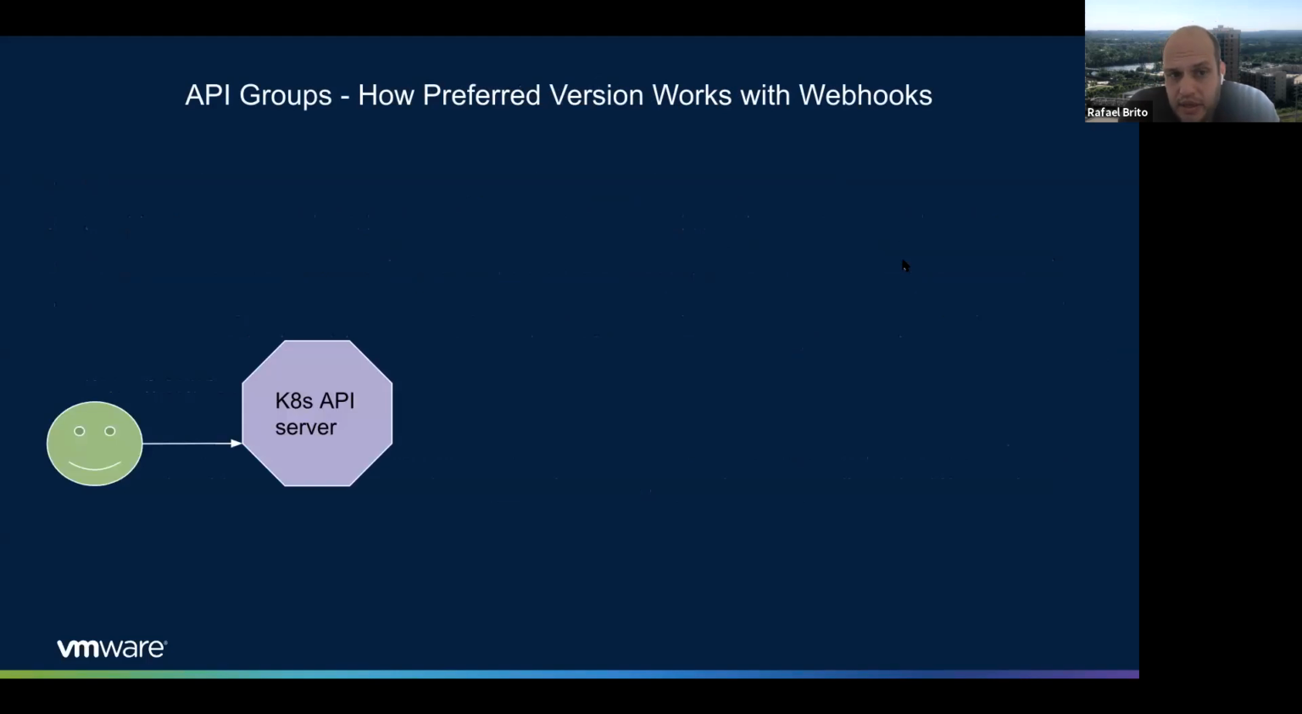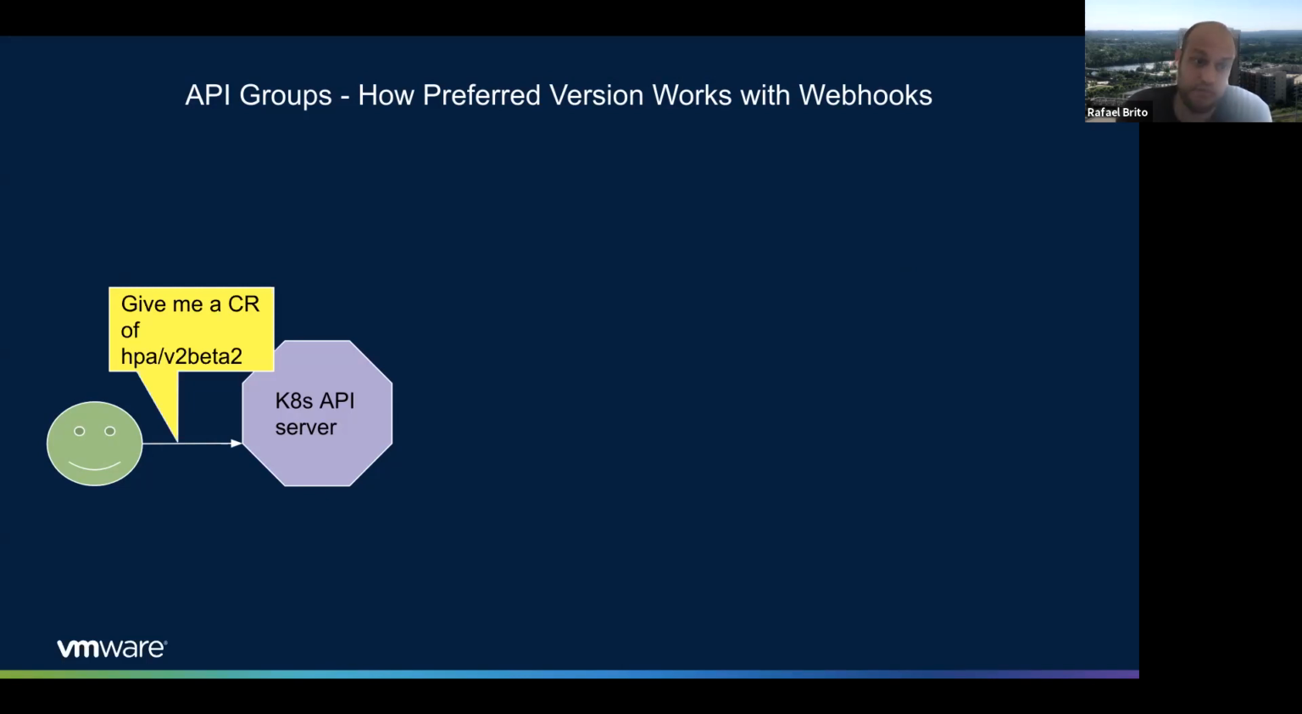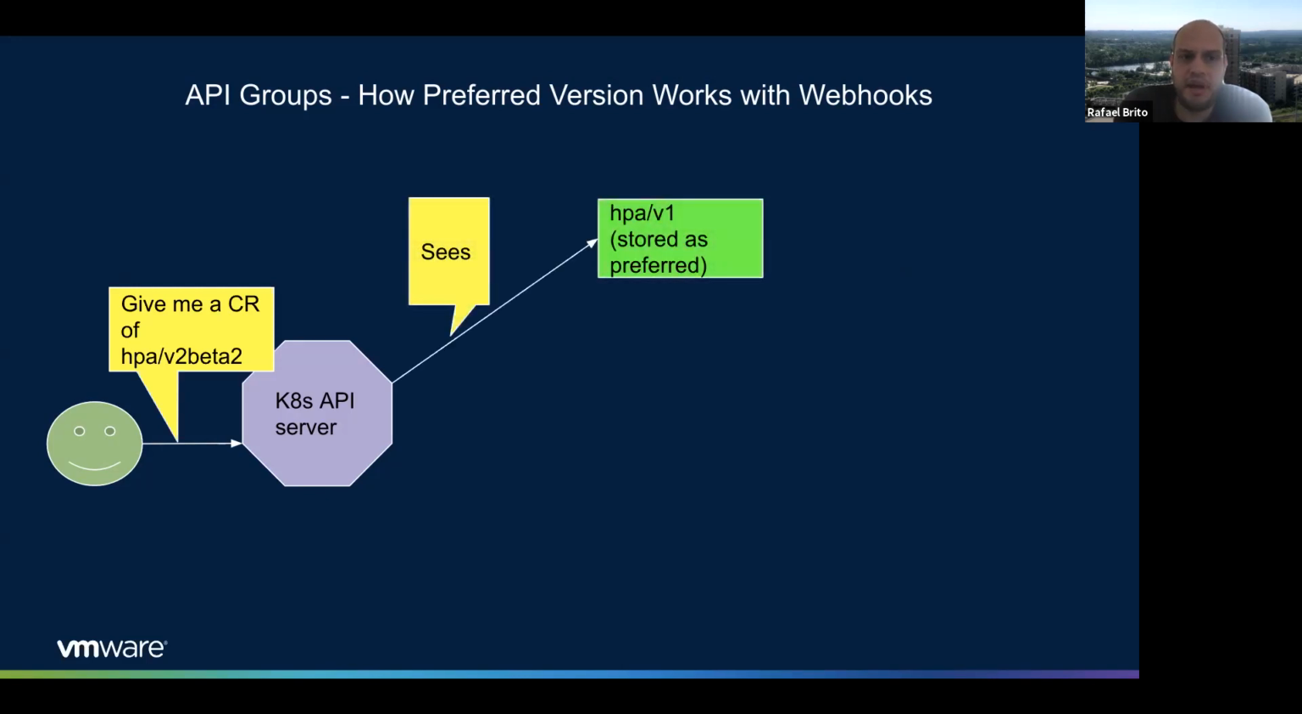So very quick, I want to show how the preferred version works. The user goes and connects to the API server and says, give me an object, HPA, horizontal pod autoscaler, v2beta2. Next, please. So the API server is going to go and see the object,